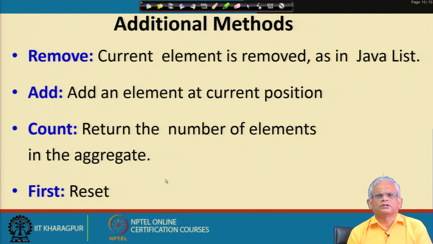We will discuss the class structure of the iterator. We will see how the iterator object is created and how the reference of the aggregate is remembered by the iterator, how the iterator performs the traversal, and how it implements all these different methods. And then that will help us understand the way the Java iterators for the collection classes work. And also we will try to write an iterator for a given class which we have derived from the collection classes for which iterators have not been defined.